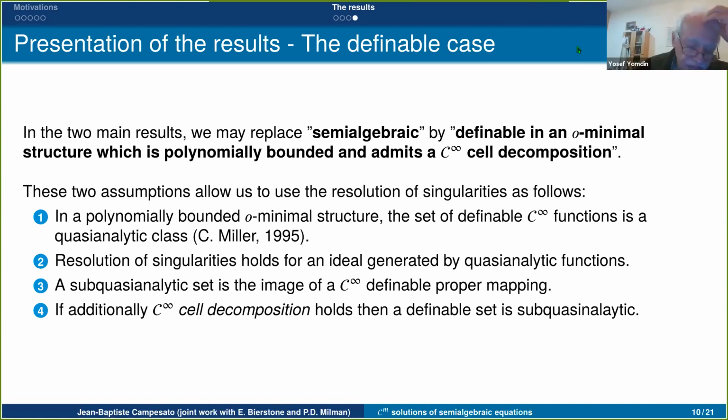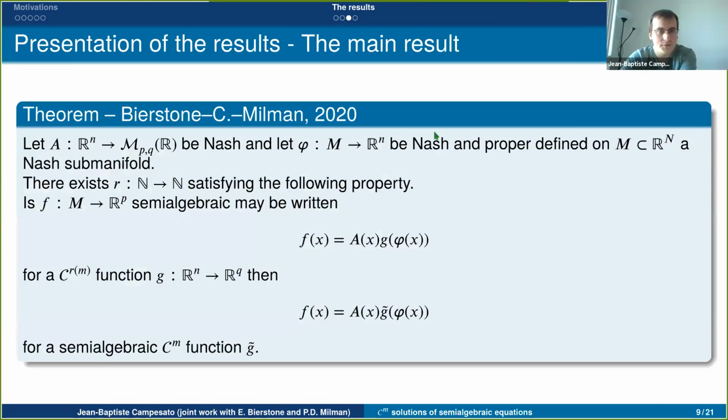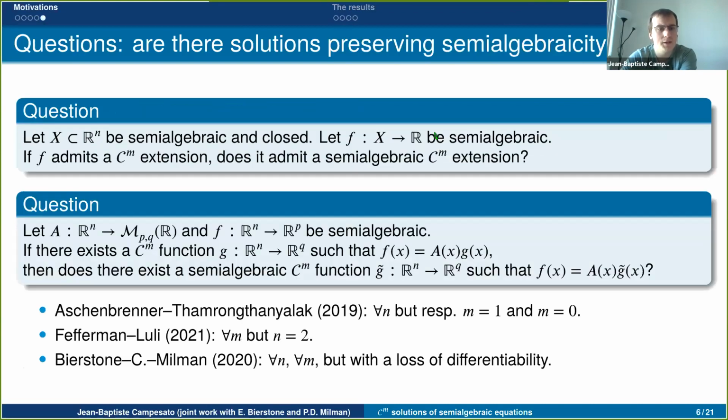Do I understand correctly that in dimension 2 you have no loss of differentiability? Yes, there is no loss of differentiability in Pawłucki and Le Gal's result. So may it be a conjecture in higher dimensions, or no chance? That's an open question. You try to work on that, but